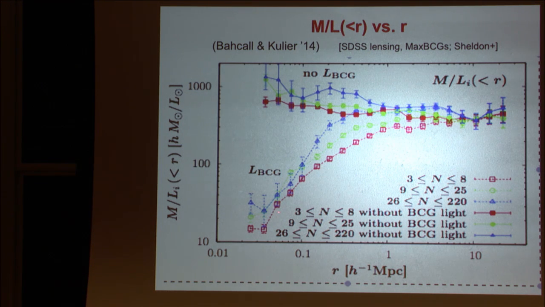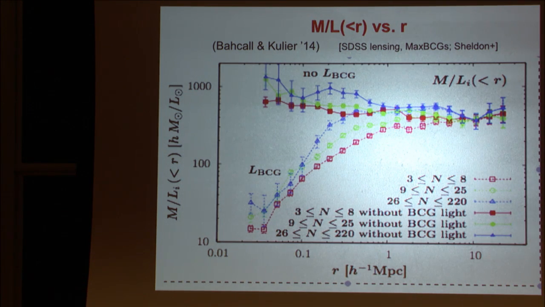You see that for the smallest groups, the mass to light, integrated within the radius, rises slower than in the rich clusters. Rich clusters reach the flat, constant mass to light ratio, which is representative for the universe. It goes all the way to cosmic scale very quickly, at 200, 300 kiloparsecs. And that's because the BCG is less important in the rich clusters than it is